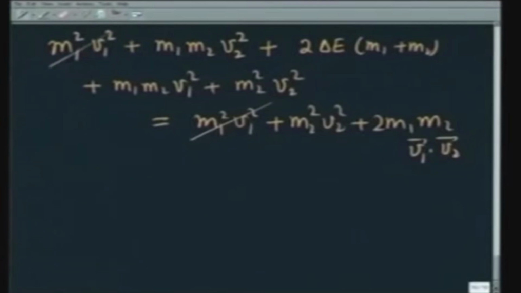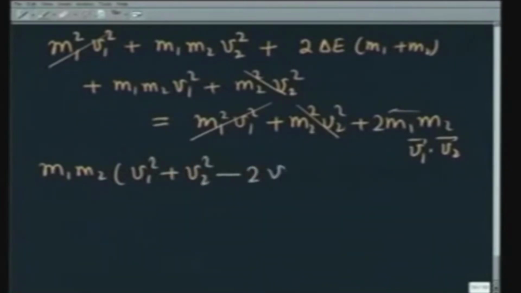This fellow cancels with this fellow, cancels with this, and I get, rearranging terms, I will take it to the left hand side. I get m1 m2 (v1 square plus v2 square minus 2 v1 dot v2) is equal to minus 2 delta E